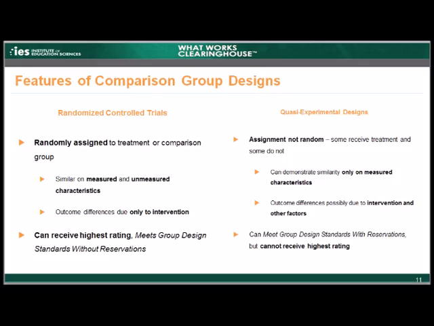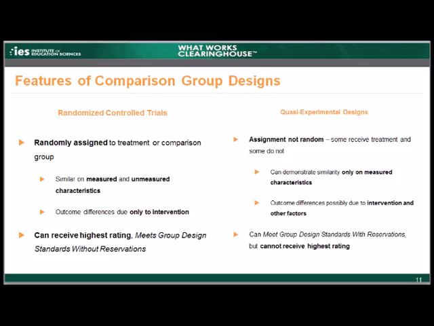Now, in quasi-experimental designs, just like in an RCT, some participants receive the treatment and some do not, but the groups were not formed randomly. Instead, they were formed some other way. For example, they may have chosen their groups, or they may have been placed in their groups by an administrative procedure. Because the participants are not randomly assigned to intervention or comparison groups, we can at best only show that